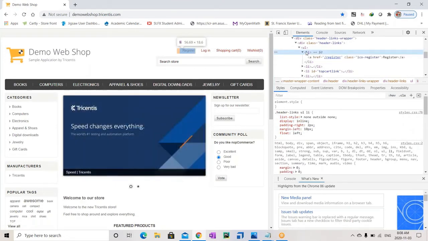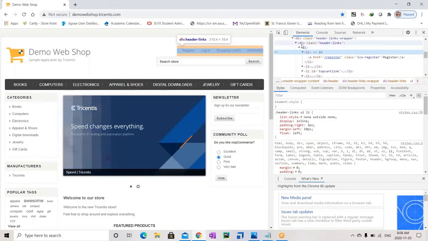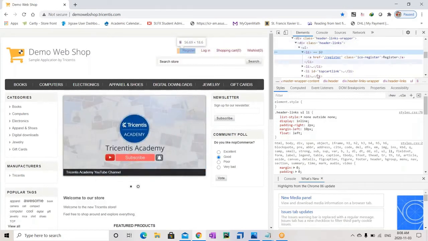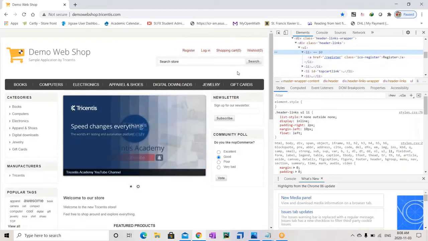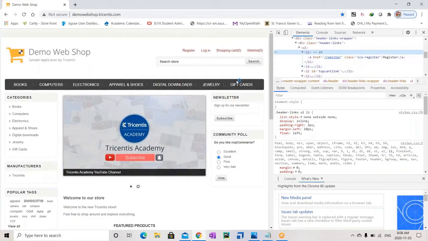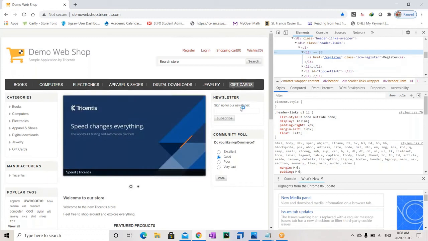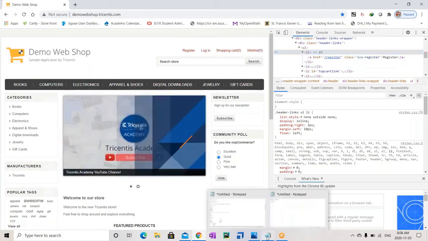These li, ul, div tags, whatever you are seeing here, those are the invisible controls. They are also part of this web page, but we cannot see them. That is how we categorize the controls in a web page.